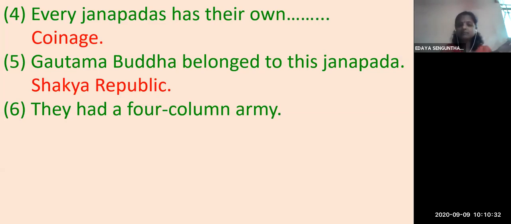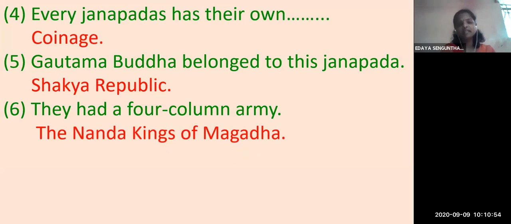But in whose kingdom? Who was the king? Magadha kingdom. Who was the king who owned all this? Who arranged this 4-column system for the army? What is the king's name? From Magadha, it's right. You have said half the answer. Okay, we'll see here. The Nanda kings of Magadha. Okay, very good. You all have given very good answers. Hope you all understood the lesson. If you have any doubt, now also you can ask. Anybody having any doubt?